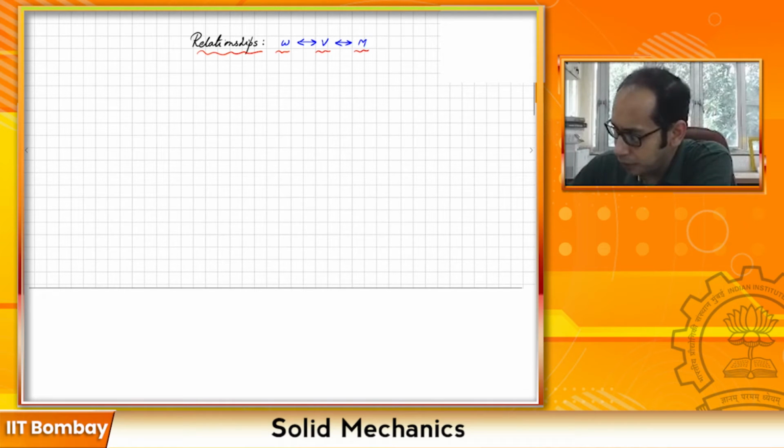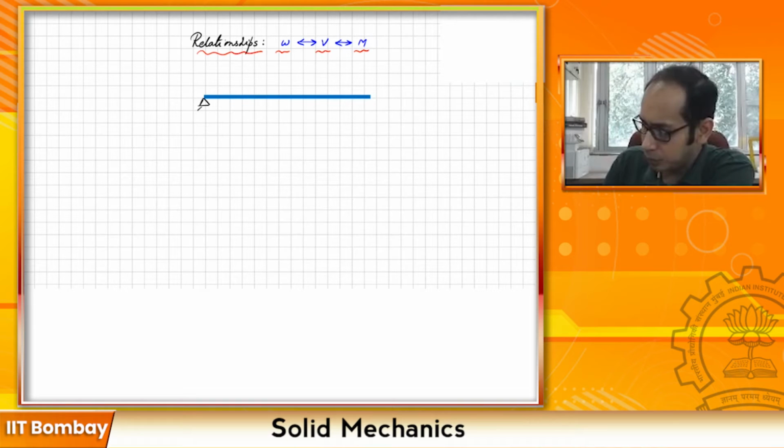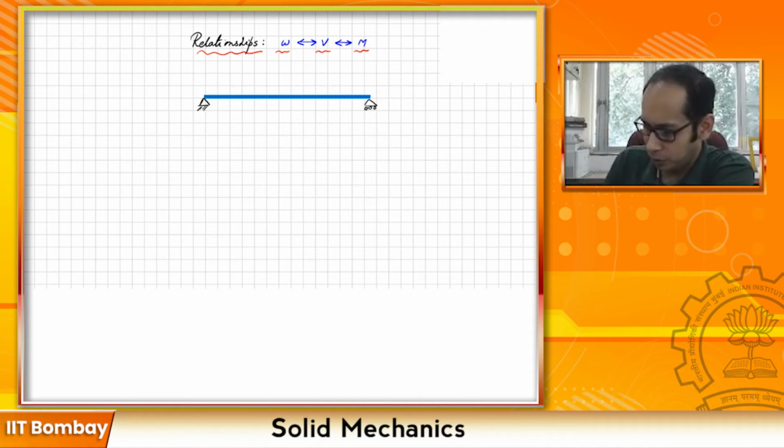So if we say we have a beam here, and let's say the beam has support conditions, maybe one side is pinned. The relationships which we will derive are independent of the support conditions, but just for the sake of simplicity, let's assume that. And let's say on top of the beam you have a distributed load, so maybe something along